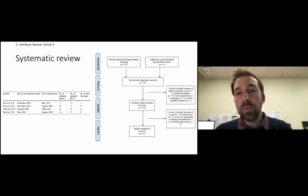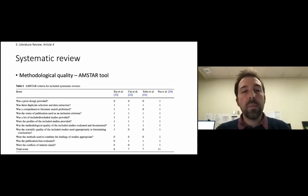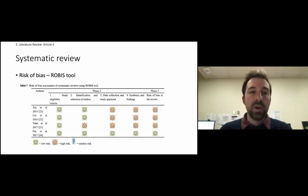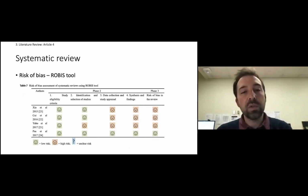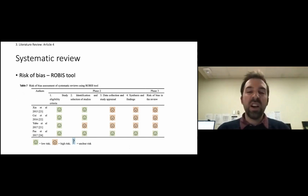So with all their inclusion-exclusion criteria, they ended up choosing 4 systematic reviews that were published until 2017. When they looked at those from a methodological standpoint, at least that was reassuring. Using this AMSTAR tool, they gave a total score of 8, 7, 7, and then 11 for these 4, which according to this tool is considered quite good quality, at least methodologically. But unfortunately, when they used this ROBIS tool, which is the risk of bias scale, all of these